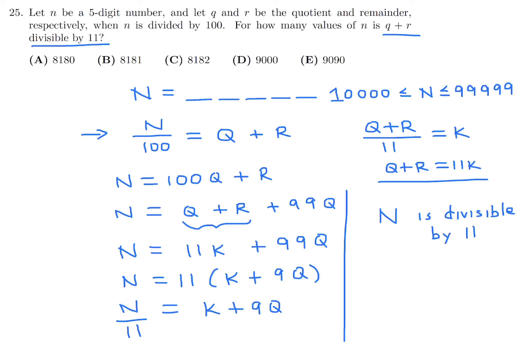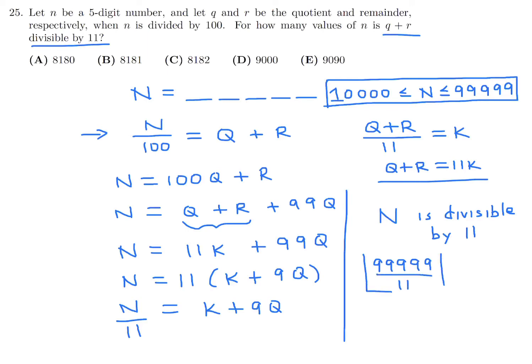So all we have to do now is find the number of possibilities between 10,000 and 99999 inclusive that are divisible by 11. So how do you do that? You take 99999 divided by 11, and you take the integer value. That's what this symbol means. And that will give you all the numbers that are divisible by 11 from 1 to